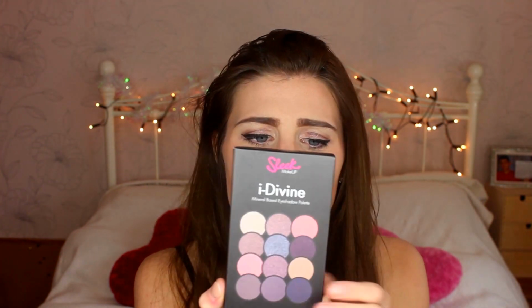So I went over to the Sleek section and the first thing I picked up was the Sleek Eye Divine eyeshadow palettes. I have an eyeshadow palette already. It's the Storm palette, and I absolutely love it. I use it every single day, but I wanted more palettes and more colours because the Storm palette's very neutral based. So I picked up the Eye Divine Oh So Special